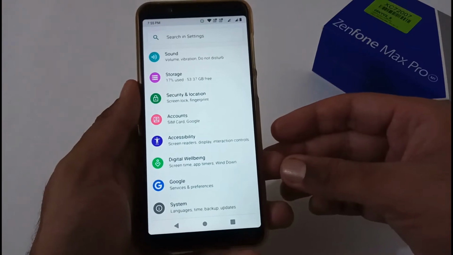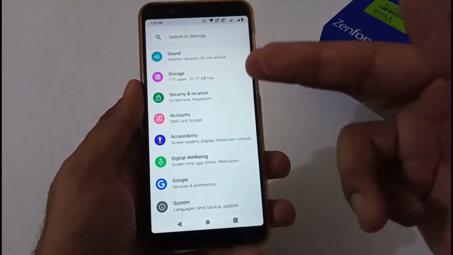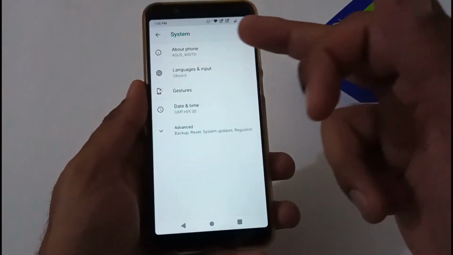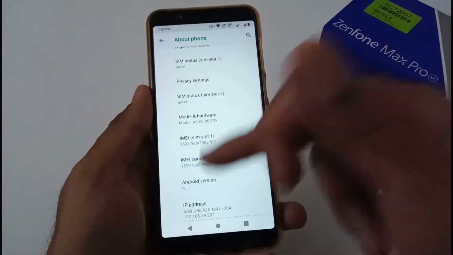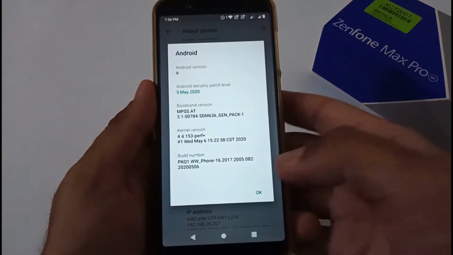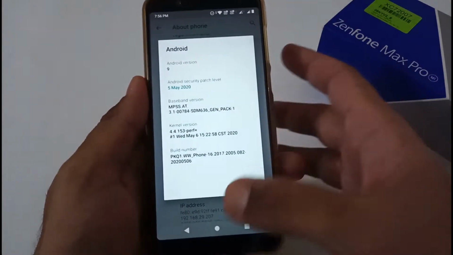So I thought let's create a video on the downgrade process as well. Before we jump into the download and installation, or our downgradation process, let me confirm the current version installed on my phone. You can see on the screen that the installed version is 082 with the security patch level of 5 May 2020.